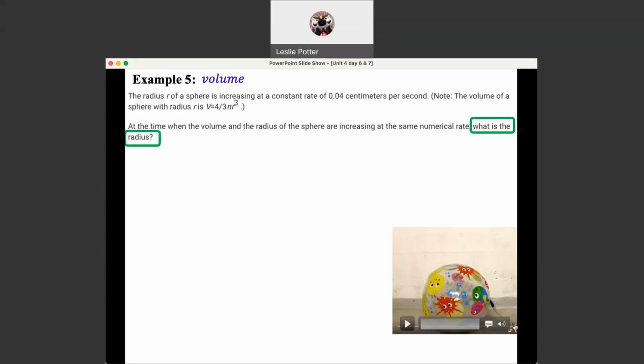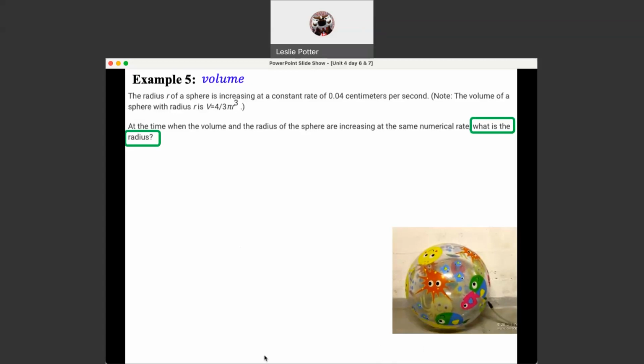And as the air goes in, the volume increases, right? And we're increasing that, maybe 0.5 millimeters a second. And so that's the kind of scenario that we're looking at. So if I run this video to the end, that thing's going to end up popping. I'll keep you in suspense. Okay, so